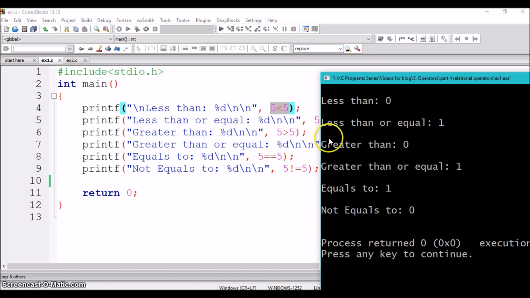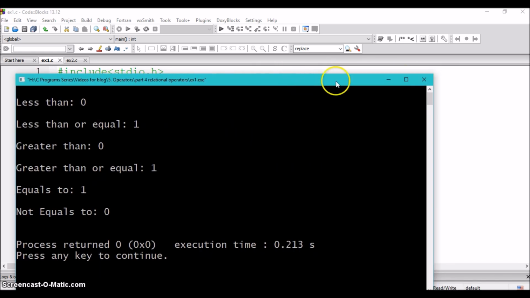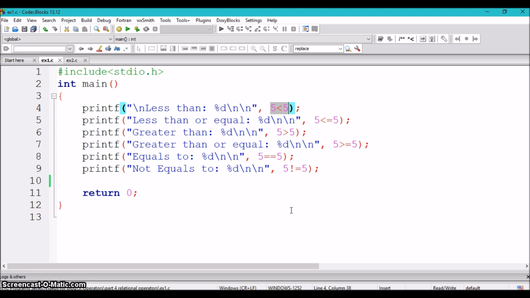Similarly, 5 greater than 5 is false, so it has returned 0. 5 greater than or equal to 5 is true, so it has returned 1. 5 equals to 5 is true, it has returned 1, and 5 not equal to 5 is false, so it has returned 0. So relational expressions will give you the answer either true or false, and false is always indicated by the value 0, whereas true is indicated by any non-zero number.